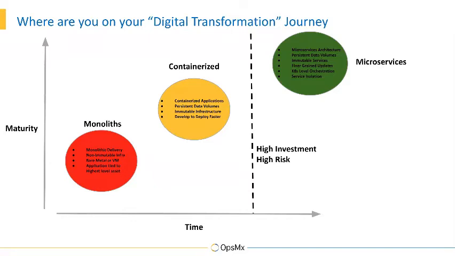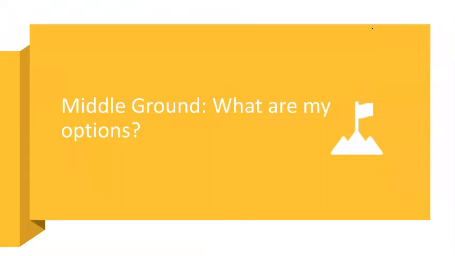But anyway, the bottom line is that you get a sense for, and can picture yourself on this curve, and ultimately understand what your needs are around CI/CD. And today we'll talk specifically about the containerized piece. Most of us are in that middle ground spot, where we haven't gone completely to Kubernetes yet. We've got some applications that are still monolithic in nature, and some that have been containerized. What are my options? What can be done?